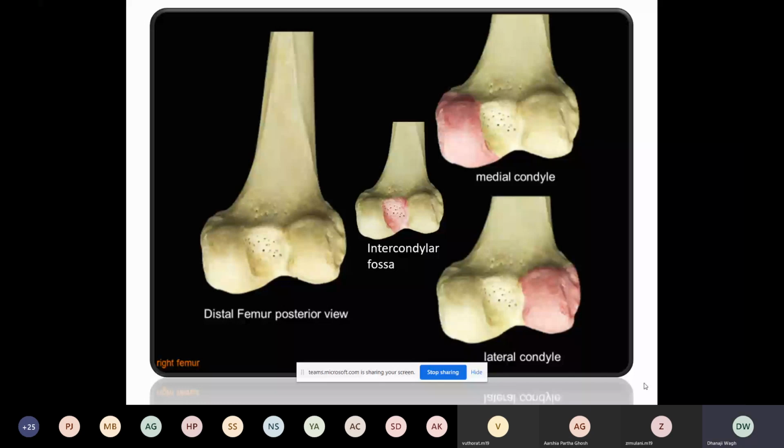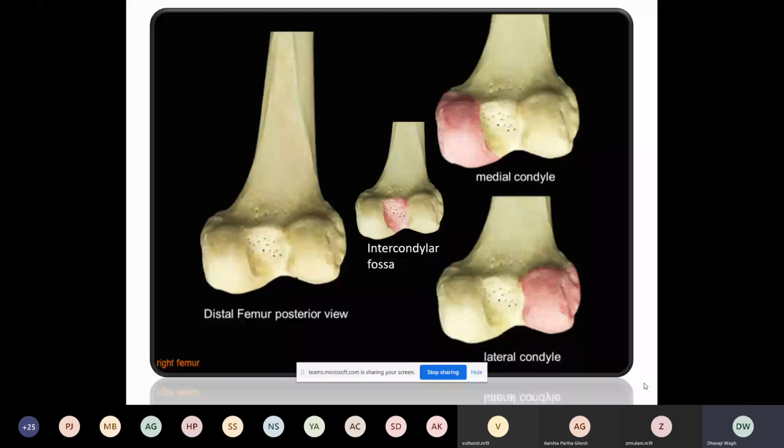It is shorter and stronger, and it presents the features, that is prominence portion of the bone, that is called lateral epicondyle. On the lateral side, you can see there is a popliteal groove. So there is one depression for the popliteus, that is called a popliteal groove. It is just below the lateral epicondyle, and there is a muscular impression posterior superior to the epicondyle. So these features are present on the lateral epicondyle.